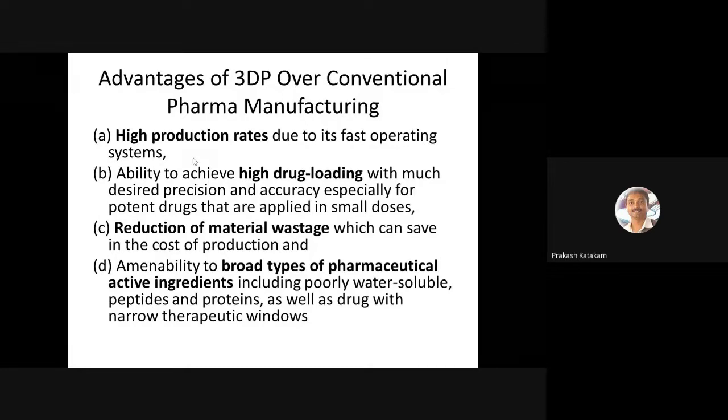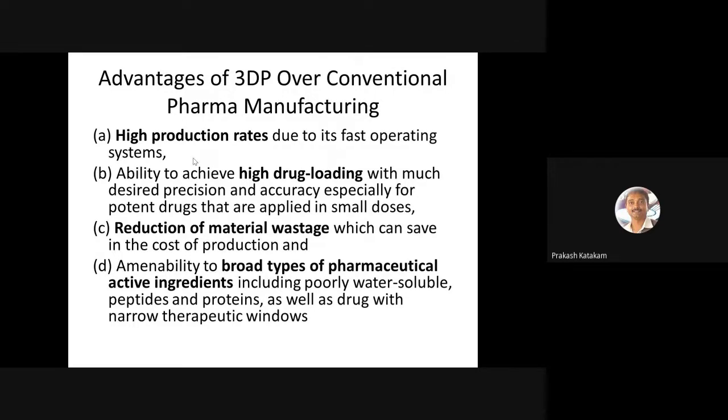So out of 1000 milligram of tablet, we have 500 milligram of drug only, or hardly can we achieve 700 milligram per 1000 milligram of tablet. That means at least we have to use 30 to 40%, 50% of other materials which are very essential to be put in the tablet.